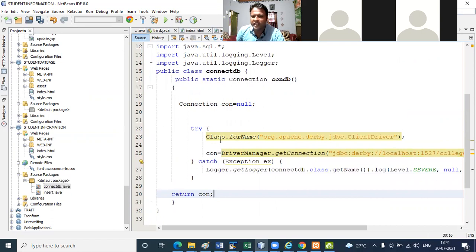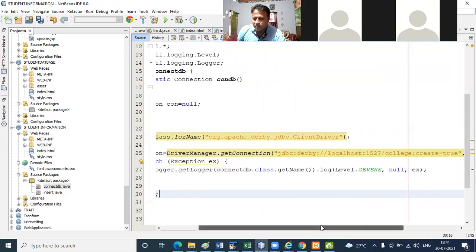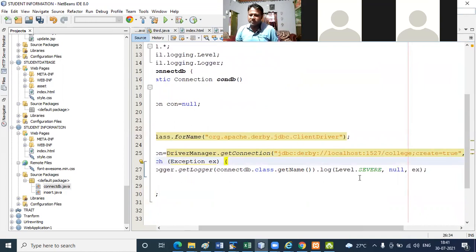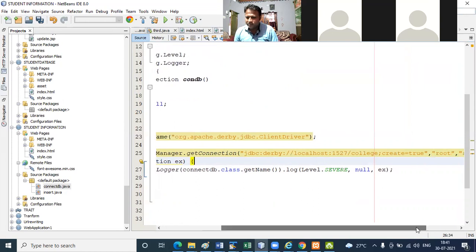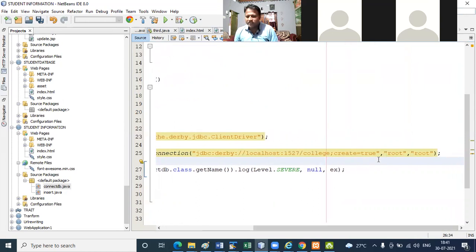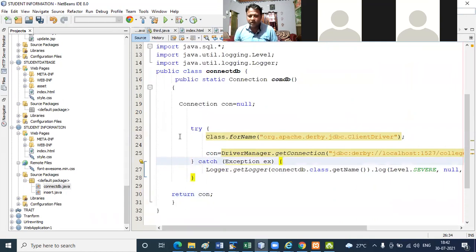So for loading a driver, I pass here Class.forName org.apache.derby.jdbc.ClientDriver. Then connection equals DriverManager.getConnection. I copy this path from the services. I give your college name. Database name is college. User ID is root. Password is root. Okay. So now for this we add the location.